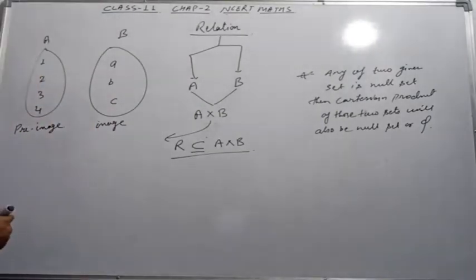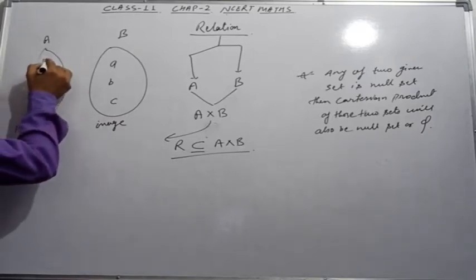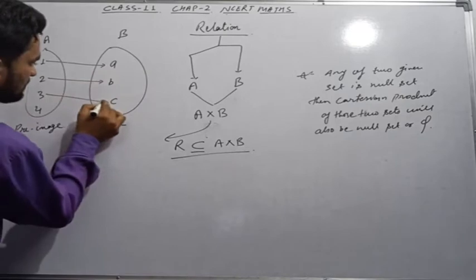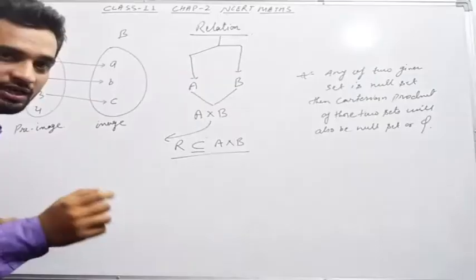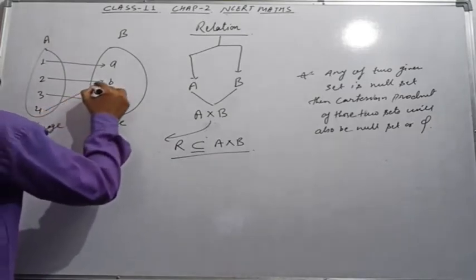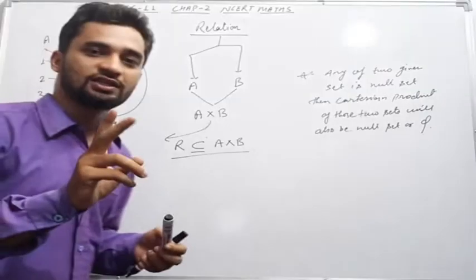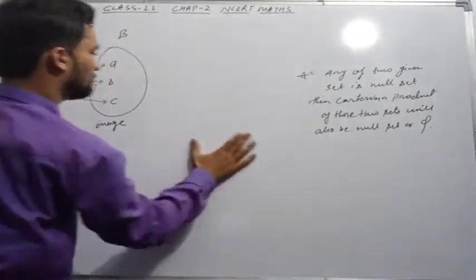Suppose this element relates with this, this is with this, this is with this. These are the joint relations between the first set and the second set, but one element of set A is left out, so it should make a pair with any of the elements of set B. Here 2 points are there. You just focus on the very first point.